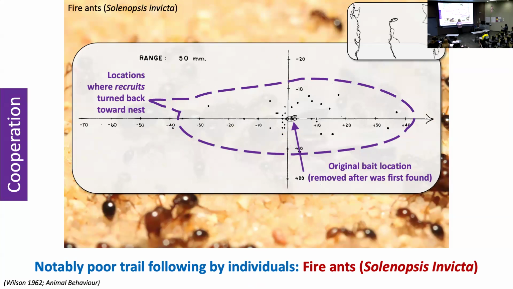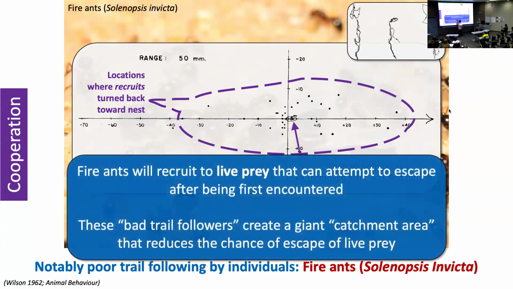It would be bad if the function here was bringing individuals back to this location, and then you had all these misses. You'd be sending out all these scouts into the wrong location just because you have crappy communication. But then the thought was, sometimes these voracious fire ants actually recruit to live prey that is still kicking,